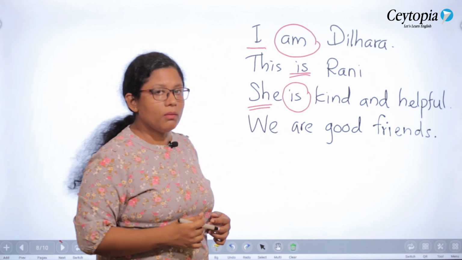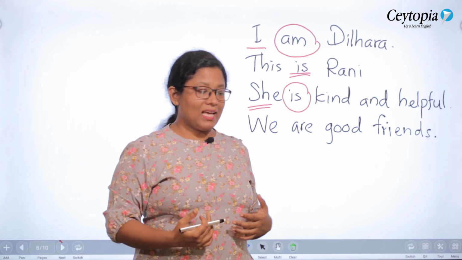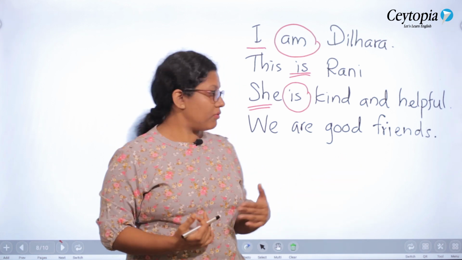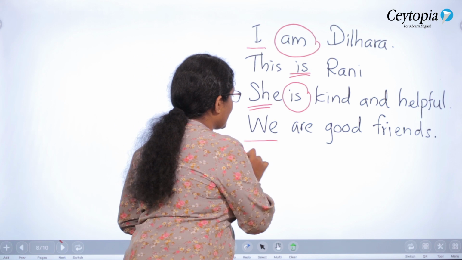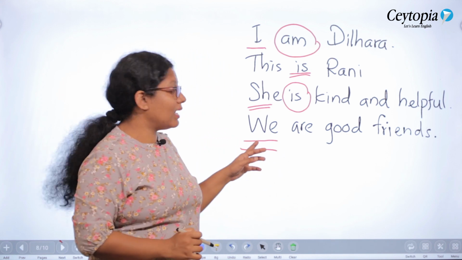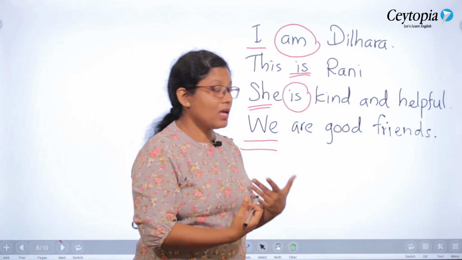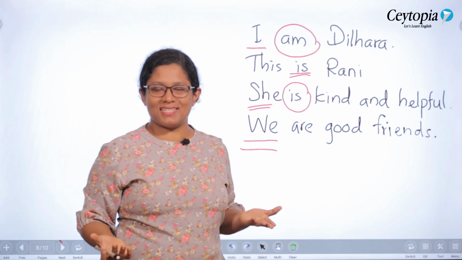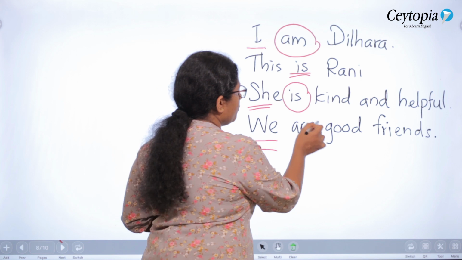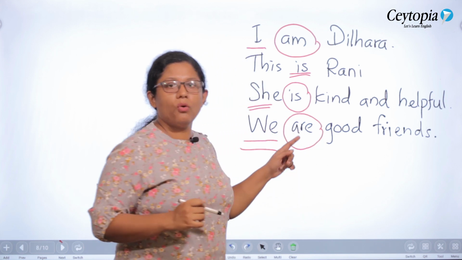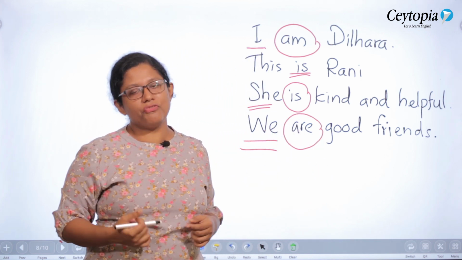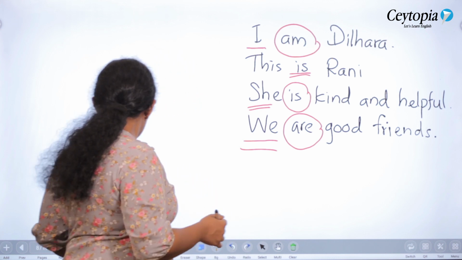Now I am talking about both of us, Rani and myself. Now I would say we. It is a plural subject. We are, both of us, we are good friends. Now you can see I have used the plural verb here. We are good friends. Good. Now let's take a look at